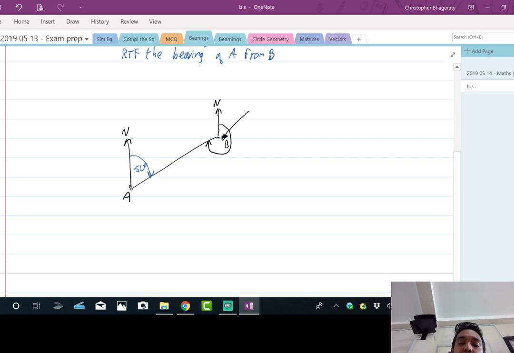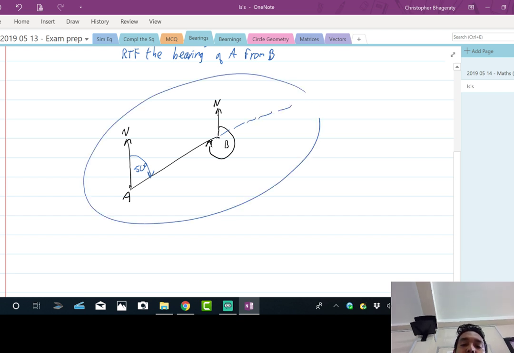All right, so one thing that we could do, sorry, I don't know why this erase feature is not working, so I'm just going to use the erase at the back. Right, so to find that angle there, we extend the line that is joining the 2 points. We extend that line a little bit. Now what you're supposed to be able to see from this is that we have F angles, right? So remember, F angles are formed,